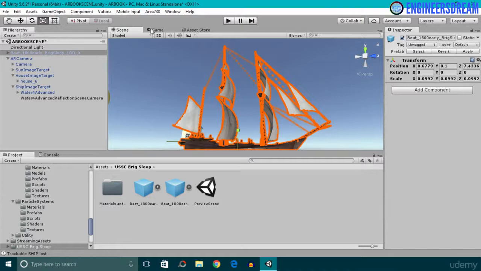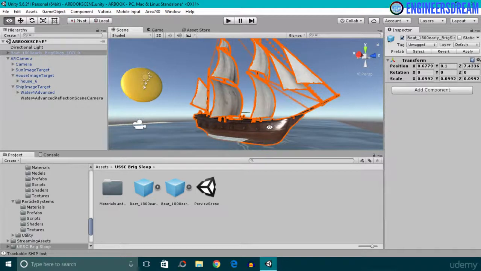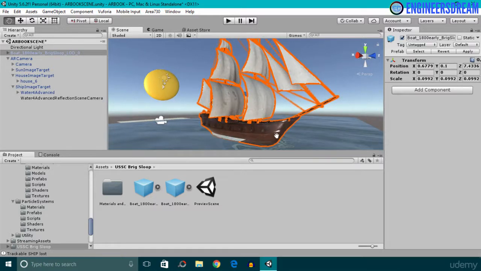Now guys, if you look very carefully, the bottom part of the ship is below the water. Okay, so this is something which we want. We do not want the entire ship to be on top of the water. We want some part of the ship to be below water. Okay, now after this, the next thing that I'll do is